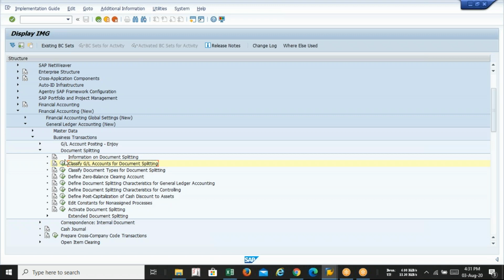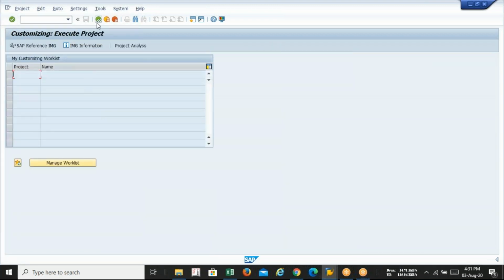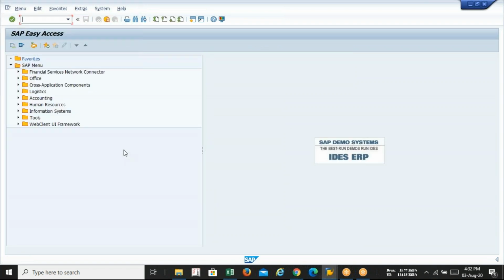So day by day we'll get into it, but before making the payment, especially the manual payment, you have to complete this first level of splitting, called classify GL accounts for document splitting. At least you have to classify this. Now my system can accept the payment.